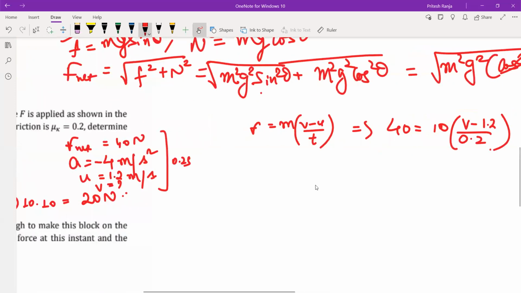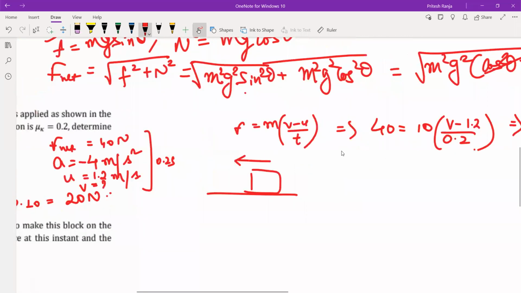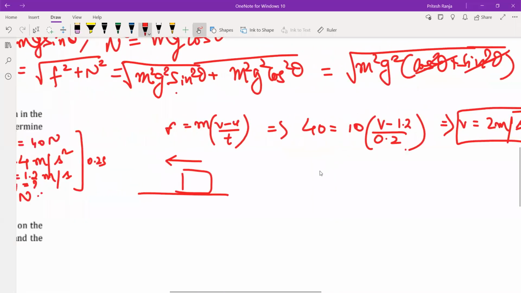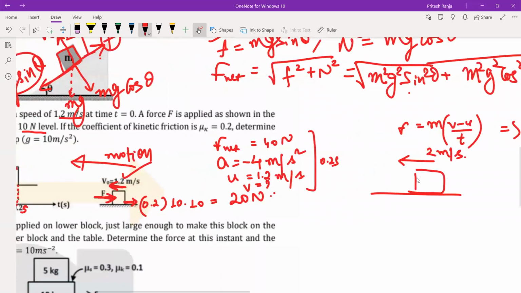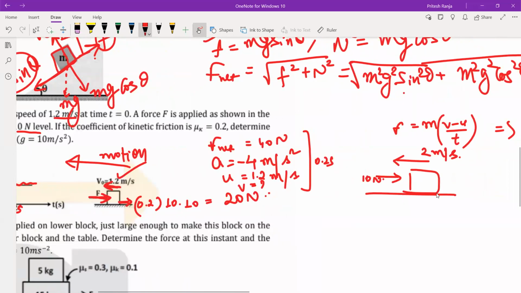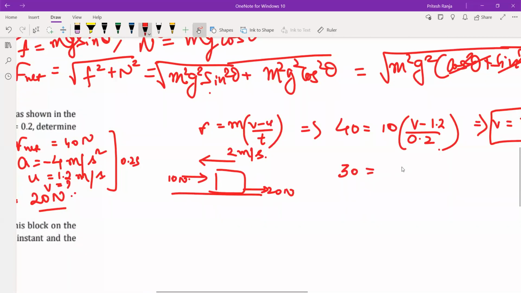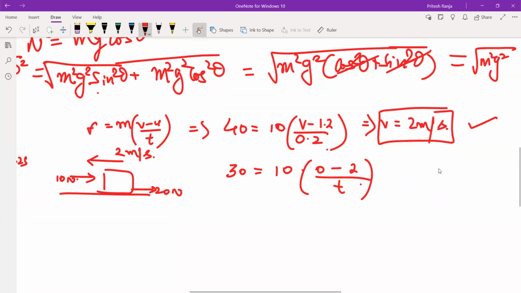That means 0.2 seconds के बाद ये block है. It is moving with how much speed? 2 meter per second. And how much force is acting now? You can see the graph. It is 10 Newton. And the friction force that is constant, it is 20 Newton. So net force is 30 Newton. It is equal to mass into final velocity will be 0 because it stops, minus 2 divided by t. So from here, if we solve, we get t as